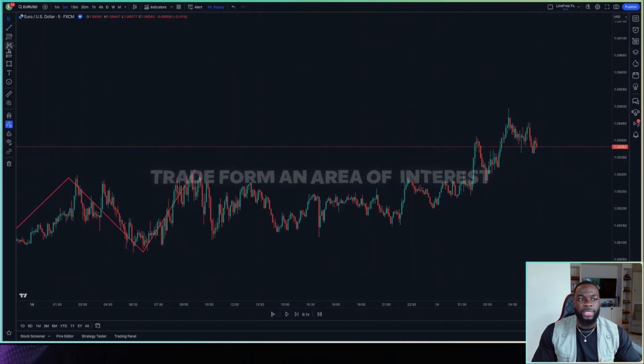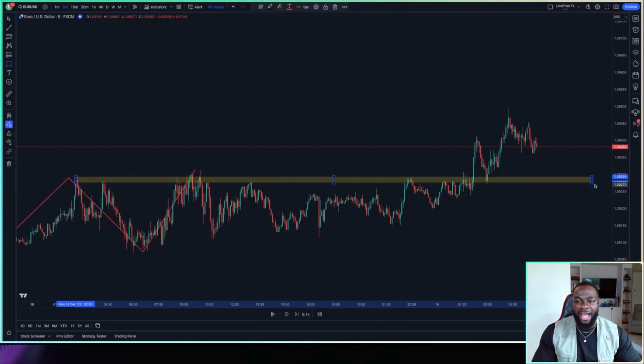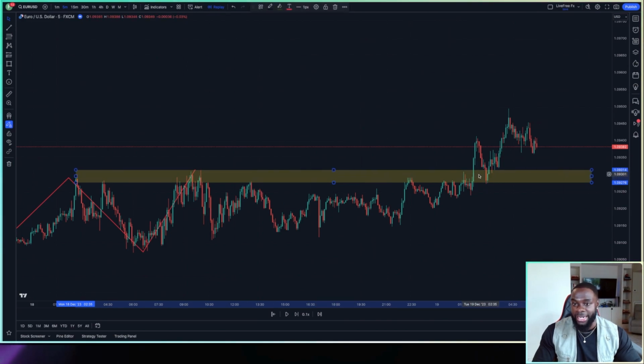And the third rule is to trade from an area of interest, and currently right now we have that area, as we see that the market had a difficult time breaking above this level and finally did so, right there. So this is a pretty significant area of interest, from a support level, right? Because this is past resistance that can potentially act as future support. It acted as future support right here, and now we're essentially just simply waiting to see what price is going to do. Is the market going to trade back into this level and bounce?